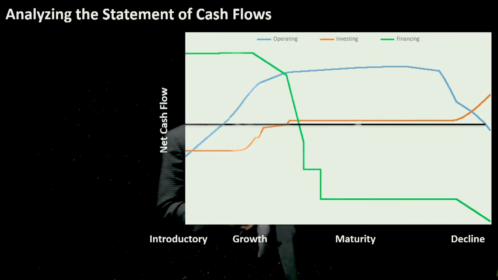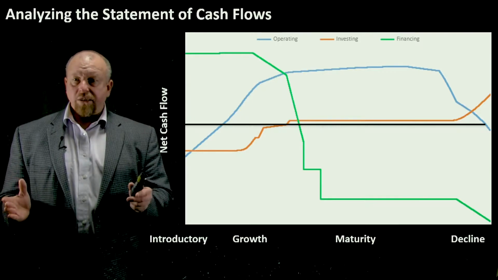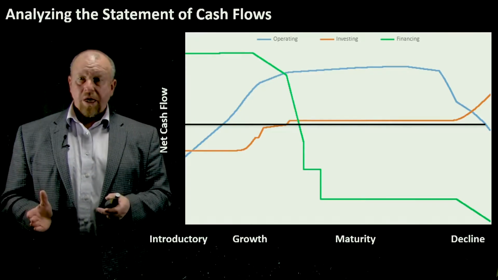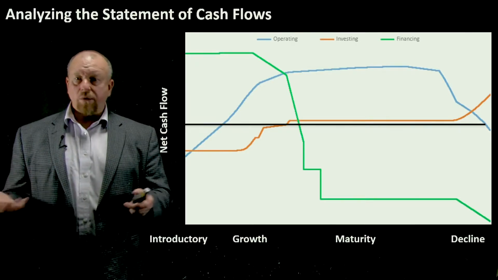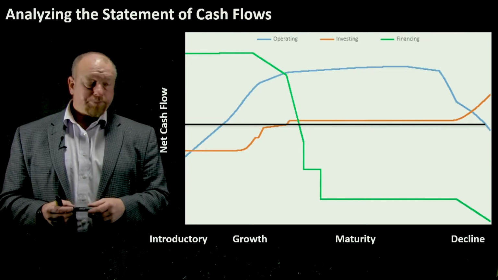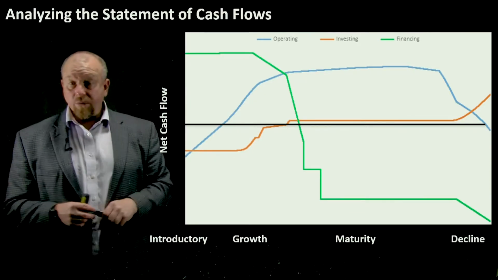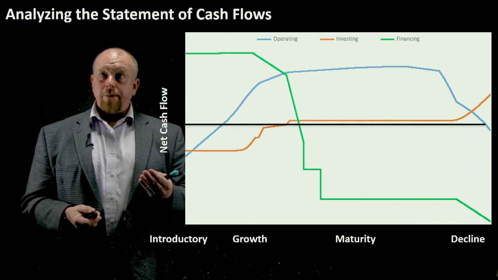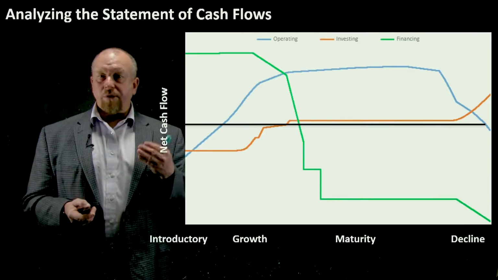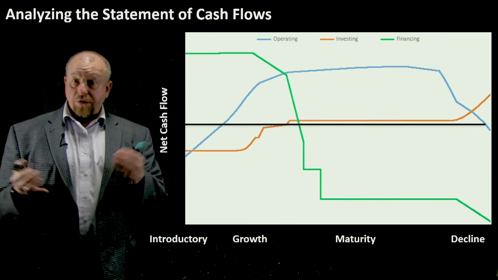And you can see finally the financing cash flow drops off precipitously because we're kind of doing this final stage, the end of life, if you will, for the company, where we're paying off final debts, maybe paying liquidation payments to our shareholders or something like that. This is just one example. It's not necessarily exactly the way a business's life cycle would play out, but it's an illustration to show that the statement of cash flows can give you some insight regarding what phase of life cycle the company is currently experiencing.